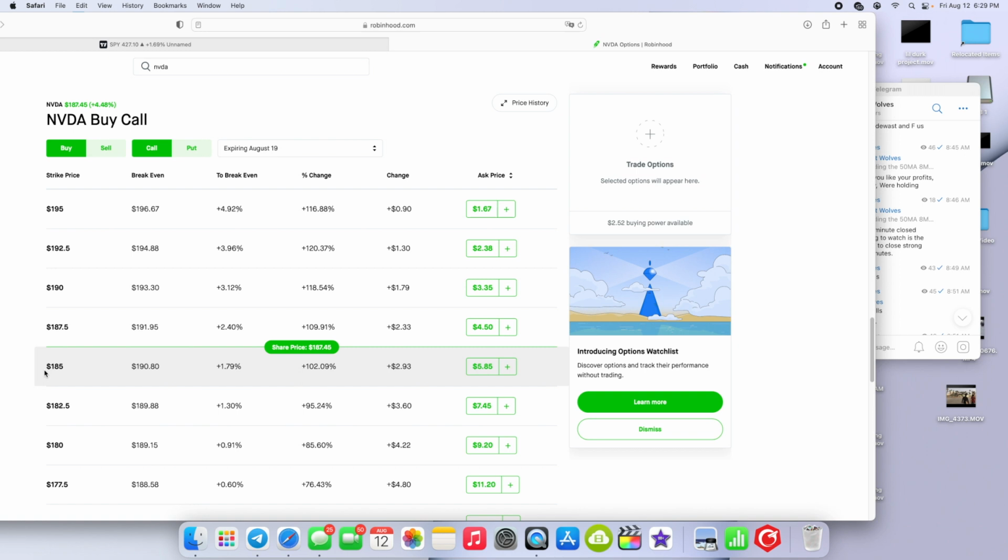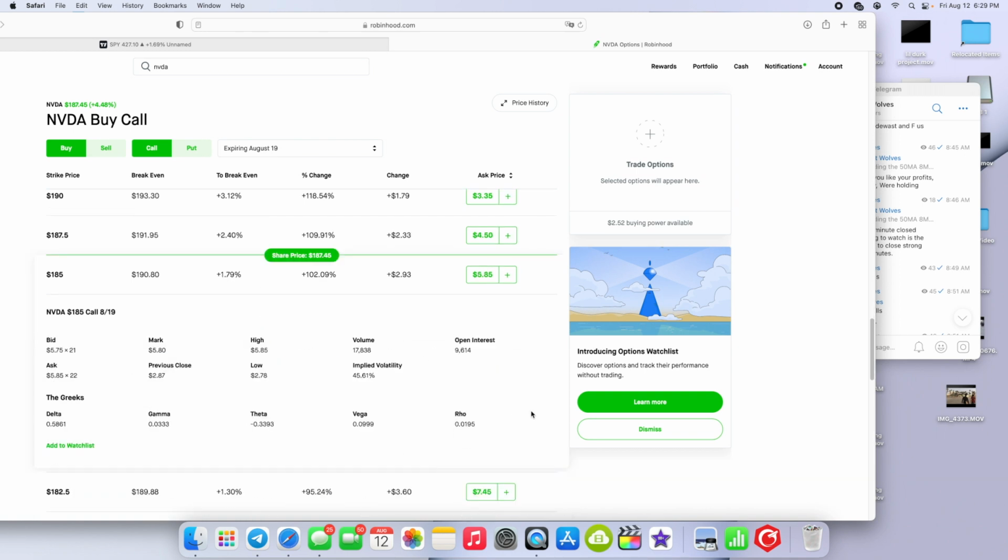Find the strike price, 185, match it up. Boom. Just click on it and then it'll tell you somewhere over here: buy one contract, buy two contracts, buy three contracts. And for this example, it's saying